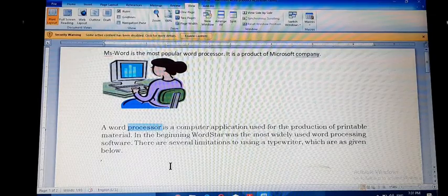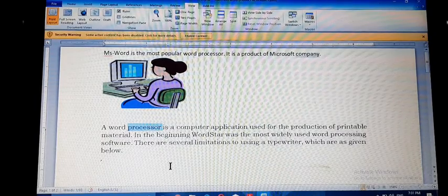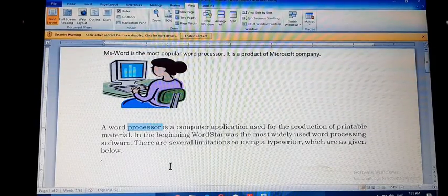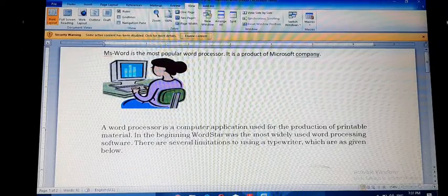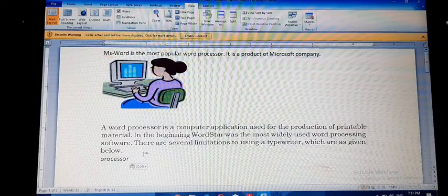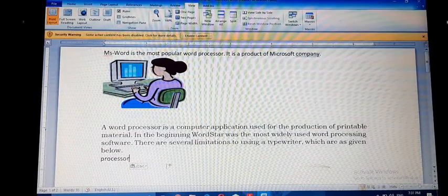Then the shortcut key is Control plus C to copy and Control plus V for paste. So I am pressing Control plus C. Then place the cursor where you want to paste the word and press Control plus V. Okay. In this way you can copy text from one location to another location.